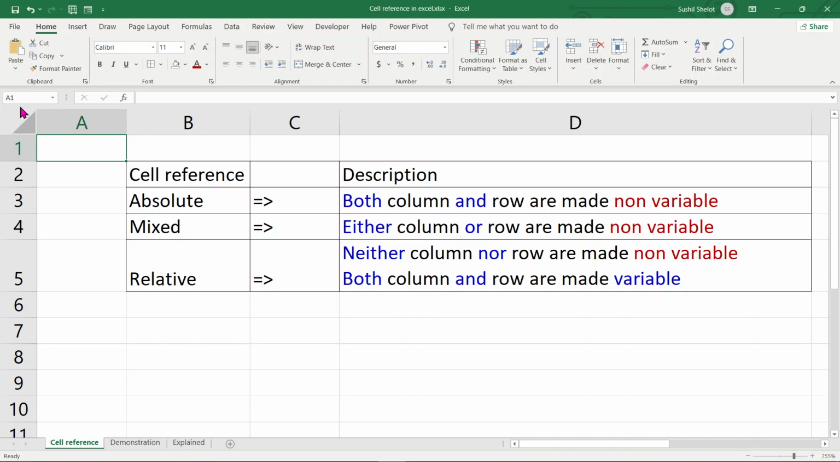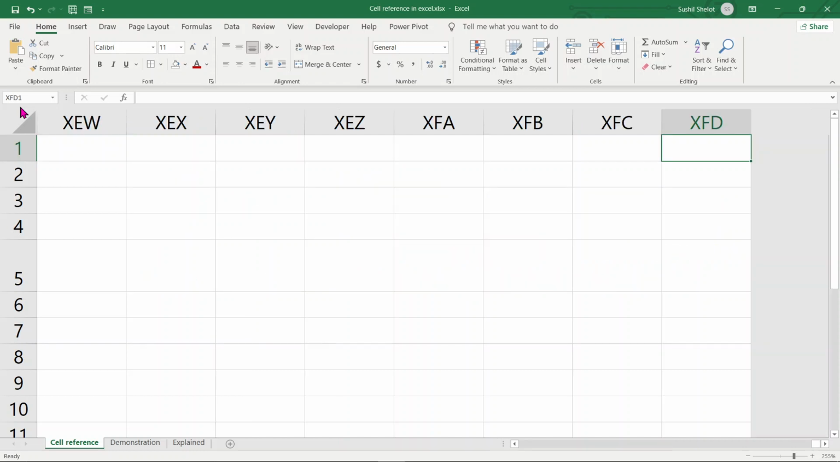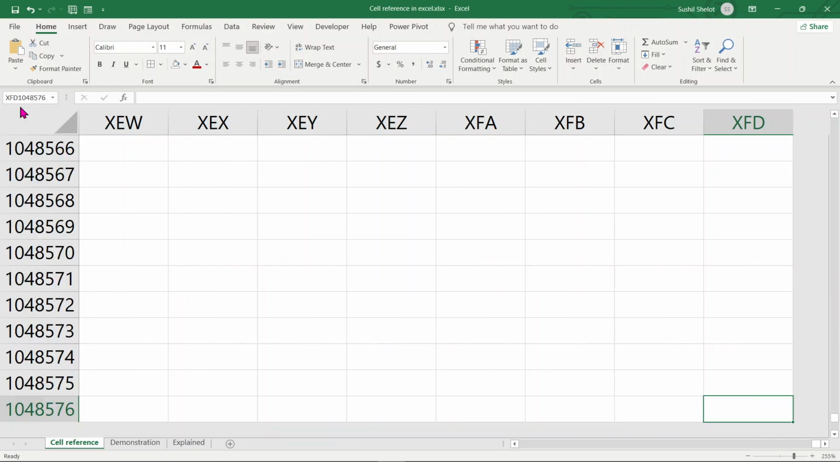Just like we have latitude and longitude on a globe or a place location on this planet, in the same way in Excel we have a unique reference of a cell denoted by the column and the row. For example, if I go over here and see how many columns there are, there are columns from column A to column XFD, and if I go to the bottom and check how many rows there are, there are